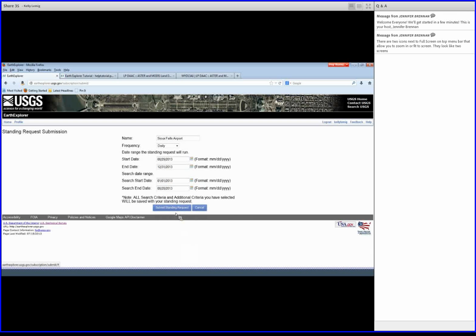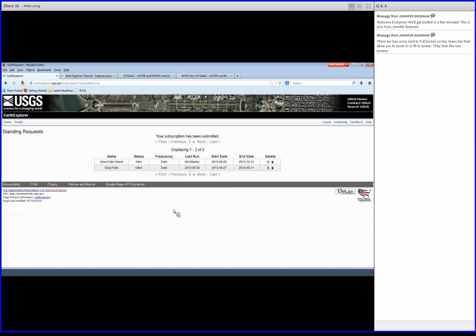And then we would just click on Submit Standing Request. And now you see what I was showing you before up in the profile. You see now I've added a standing request called Sioux Falls Airport, and it tells me all of my stats about if it's new, how frequently, when it was run,